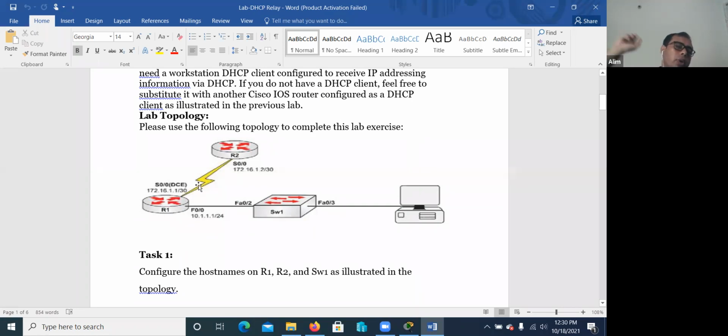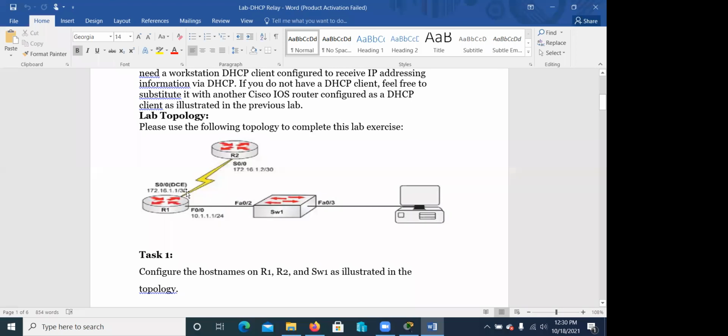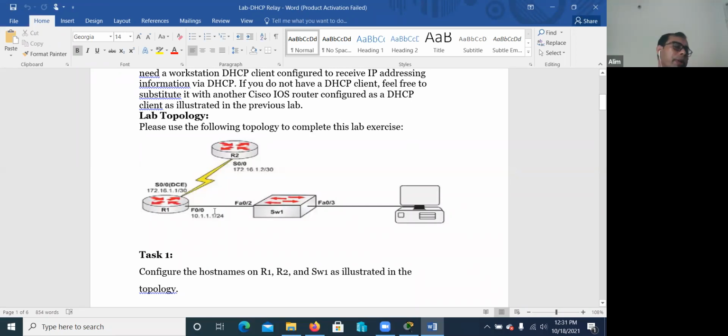Maybe this router is in a remote place or in the same region, but because router connections are different networks,